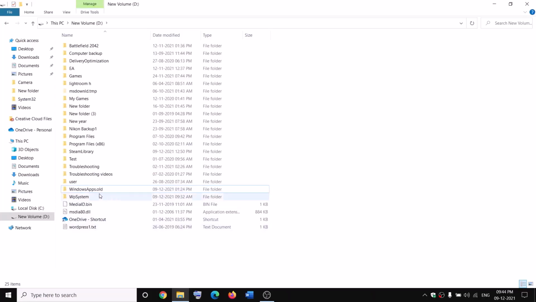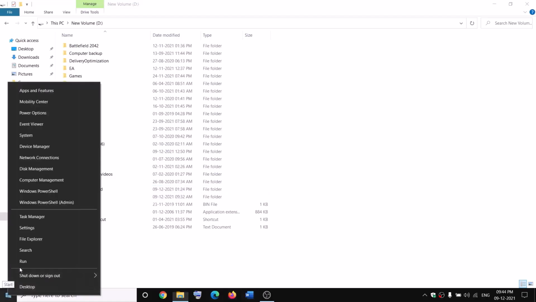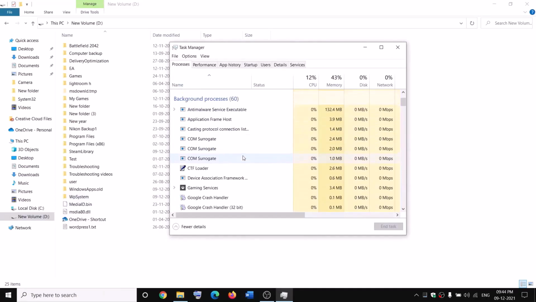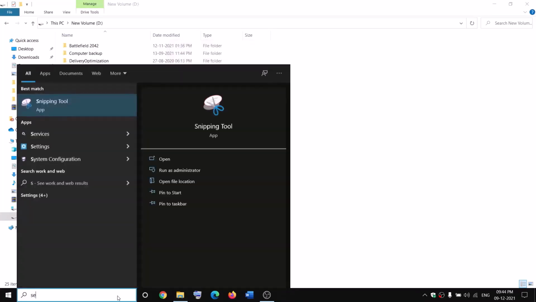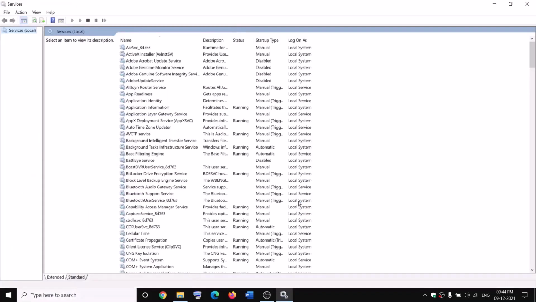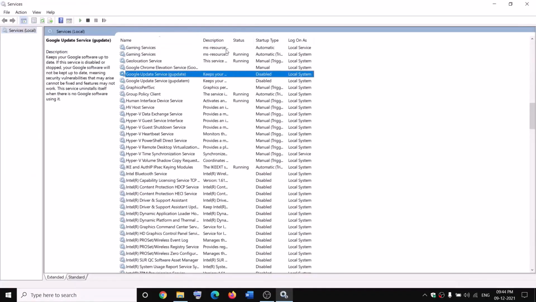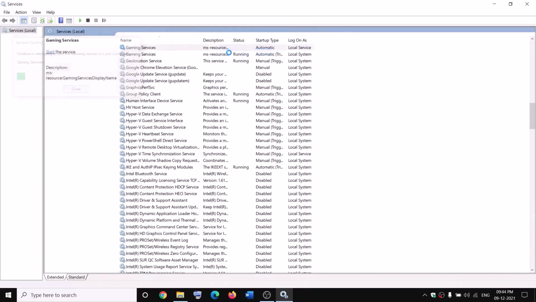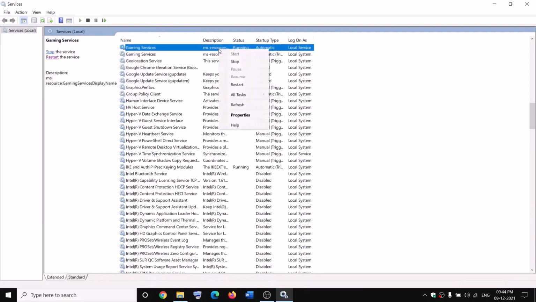Now while renaming it, if you receive any kind of error message which says file is open, in that case open Task Manager on your computer. Make a right click on the Start menu, click on Task Manager. Now if you find Gaming Services, make a right click and then click on End task, and also open Services over here and then find Gaming Services, make a right click on Gaming Services, click on